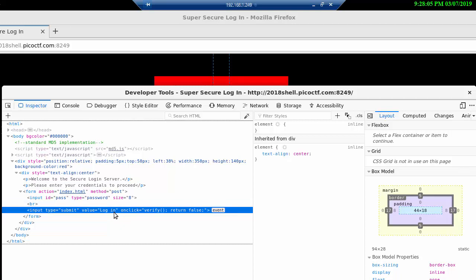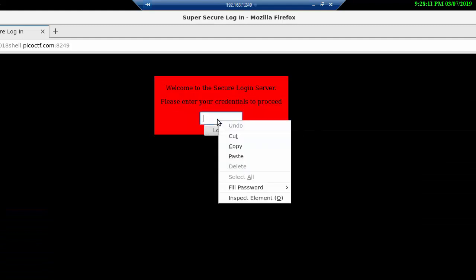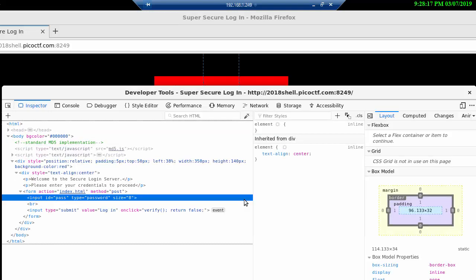And the same thing if I go where the password is going to be and inspect element, it is going to mark the space where the password is. It just makes it easier for you, right? But right now we're going to go in on the debugger here,